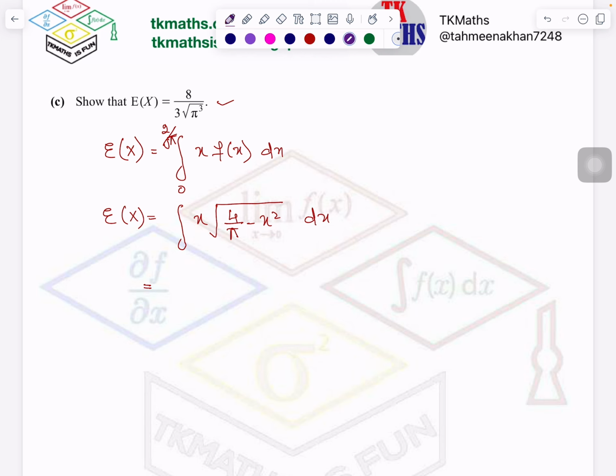So I will take here, let x square is equal to t, 2x dx is equal to dt, and x dx is equal to half dt. Because you see, x and dx, this part will be replaced by half dt. So now I'm going to do it here, and the limit r to